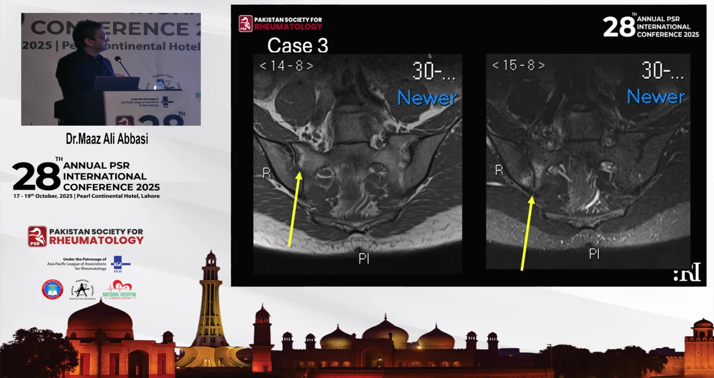So therefore, this is definitely active sacroiliitis. However, if you look at this sequence here, this is a non-fat suppressed sequence. So the fat still looks bright. Look, the fat on the buttocks here, over here it's gray, but here it's bright white, which means